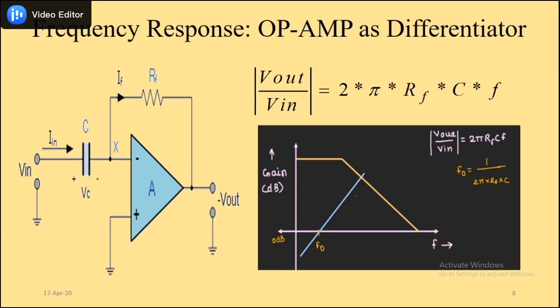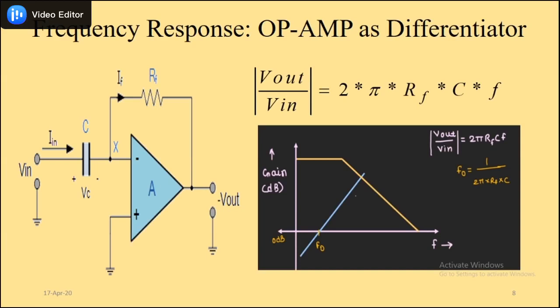So if you increase this F further, this blue line will increase and the slope will be linear. But this slope will be limited by the open loop response, which we have seen in the previous lecture. So this yellow curve is telling you the open loop response of the operational amplifier, which will limit this extraordinary increase due to the increase in frequency. So this is the main limitation of your differentiator, which we have seen so far. So we have to deal with this problem. How will we deal with it?